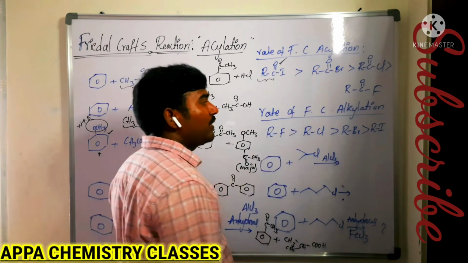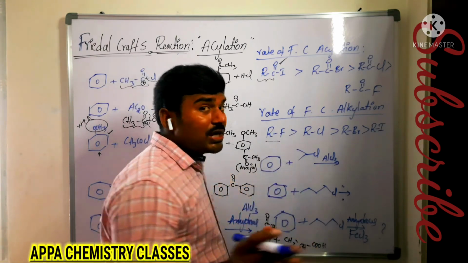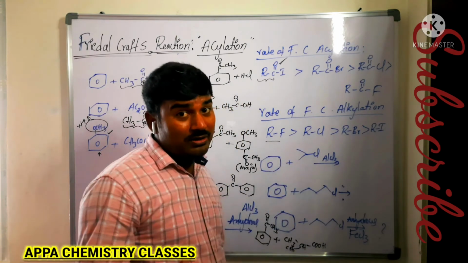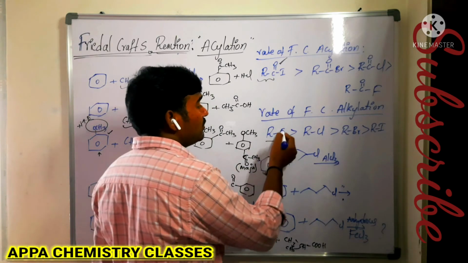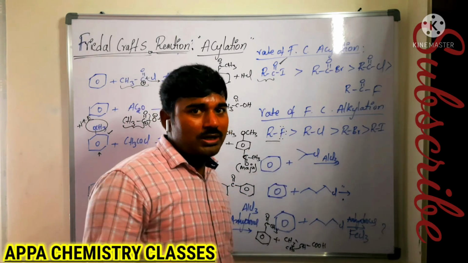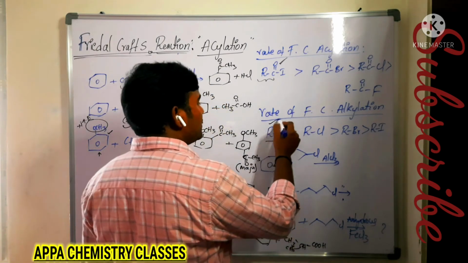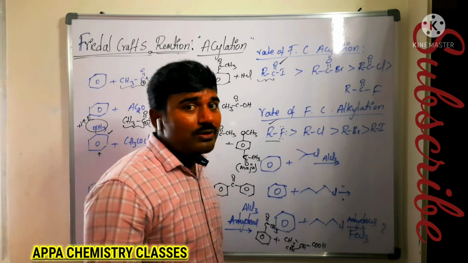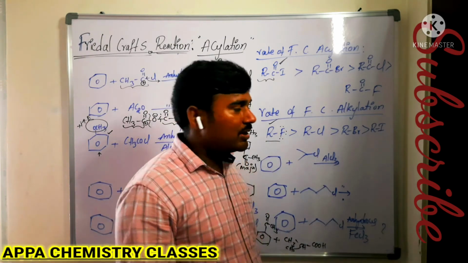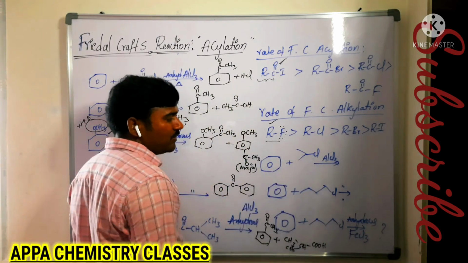Now in the case of the rate of Friedel-Crafts alkylation, which can easily form the coordinate covalent bond will have the higher rate of reaction. The small-sized fluorine atom can easily form the coordinate covalent bond with anhydrous aluminium chloride. For that reason this alkyl fluoride will have the higher rate of reaction in Friedel-Crafts alkylation, that is the major one. Now you see some more examples in the case of alkylation.